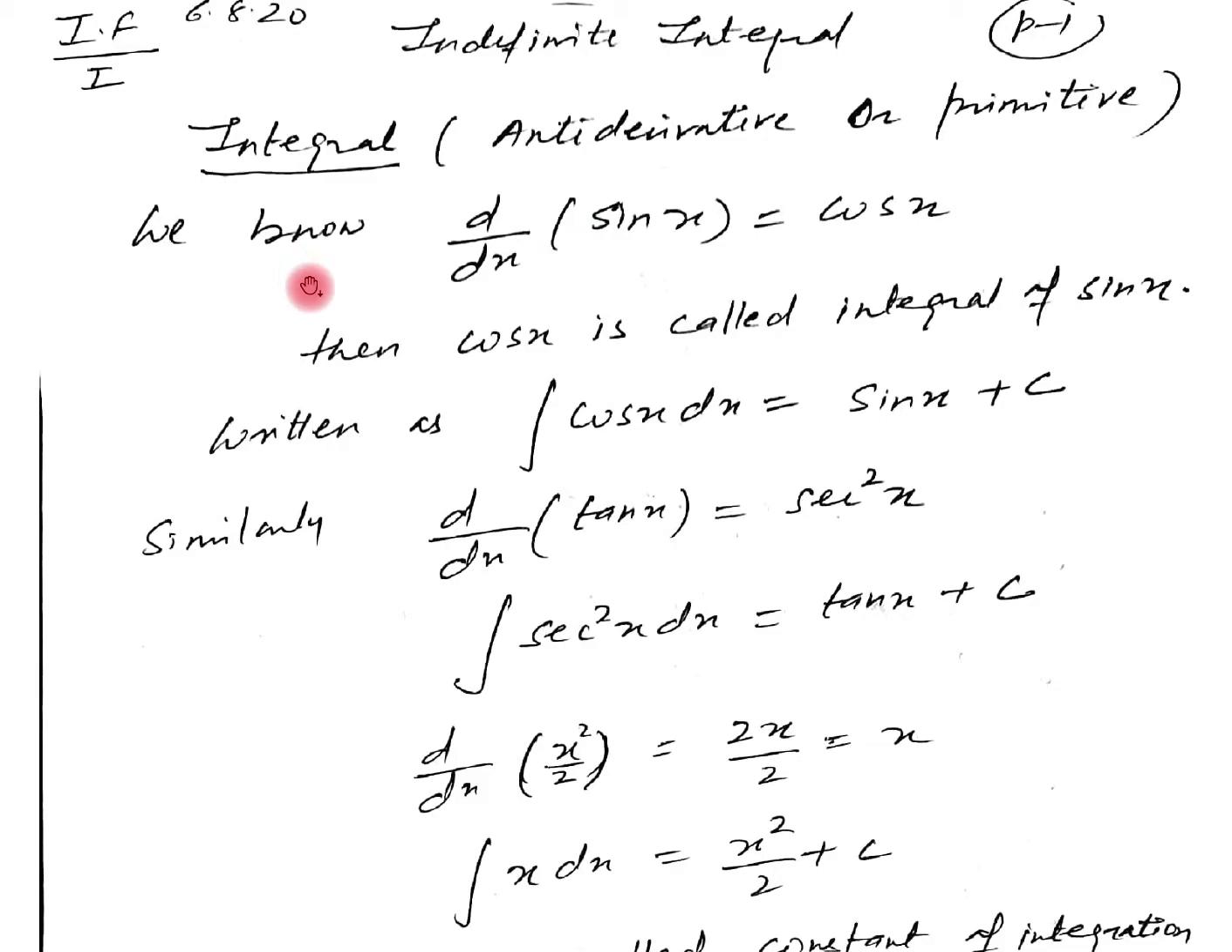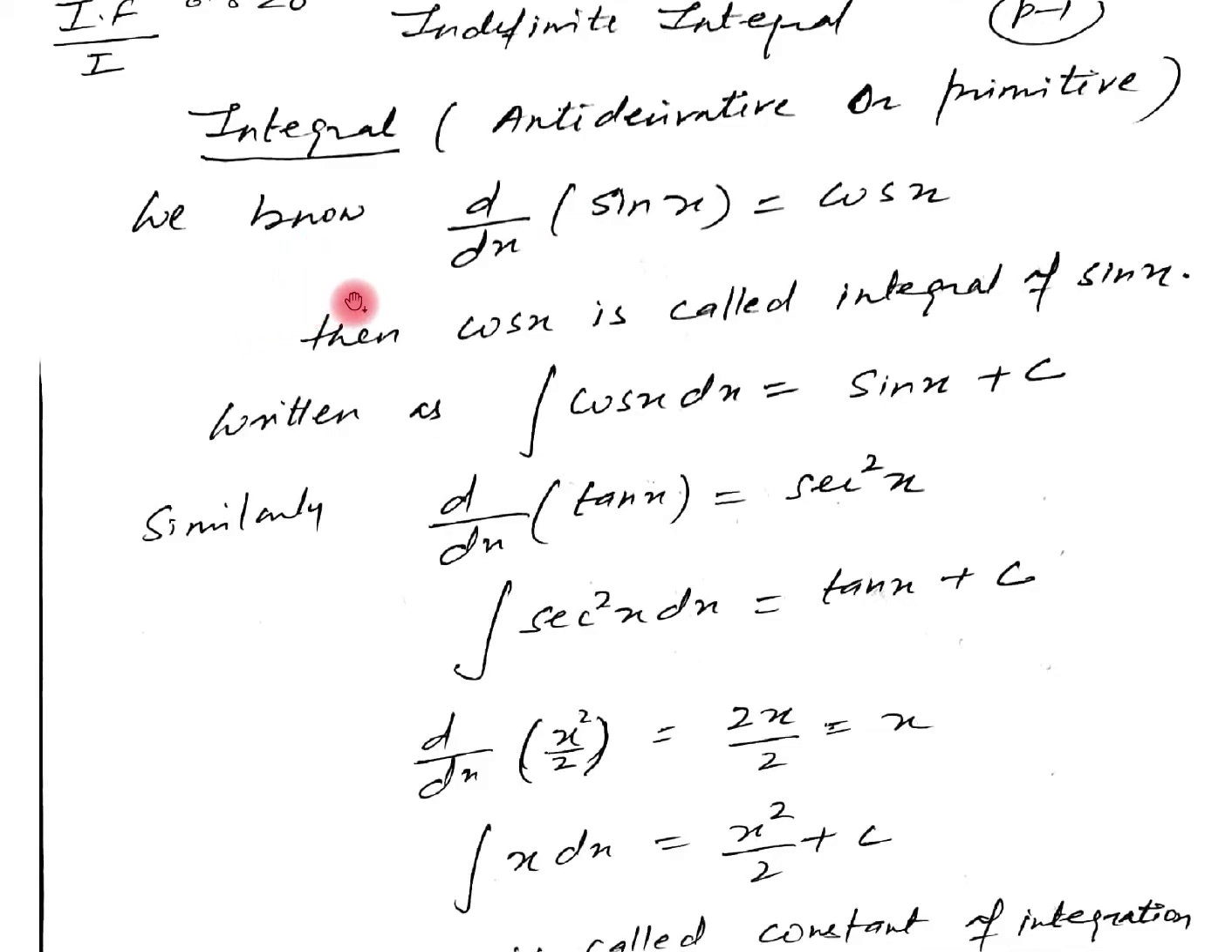Now let me introduce the actual meaning of integration or integral. We know that the derivative of sin x is equal to cos x. Then sin x is called the integral of cos x. Therefore the integral is also called the antiderivative. The derivative of sin x is cos x, or we can say the integral of cos x is